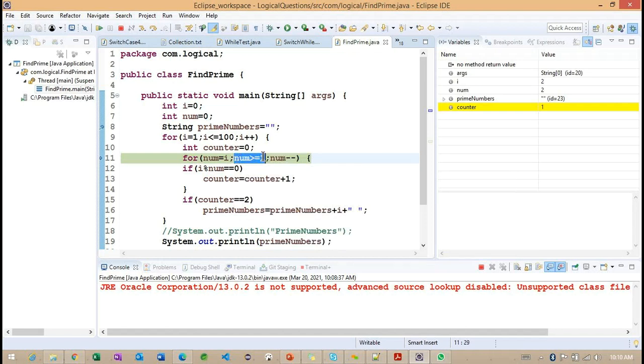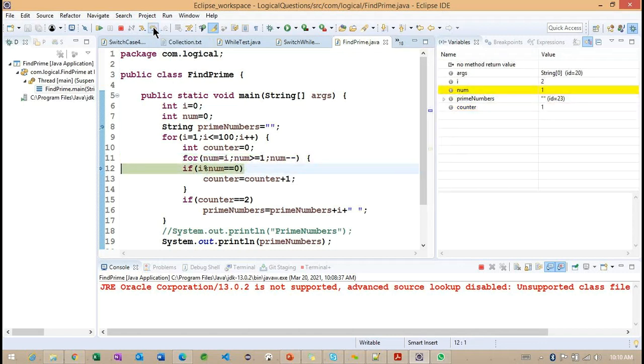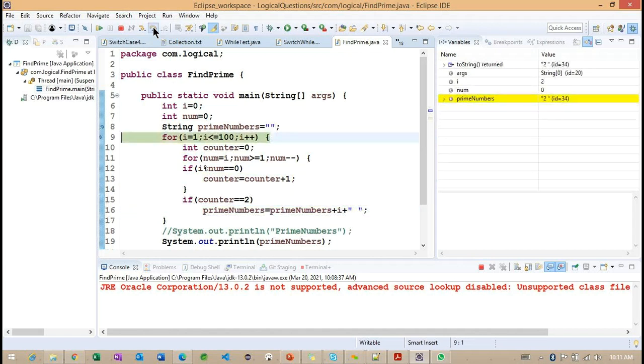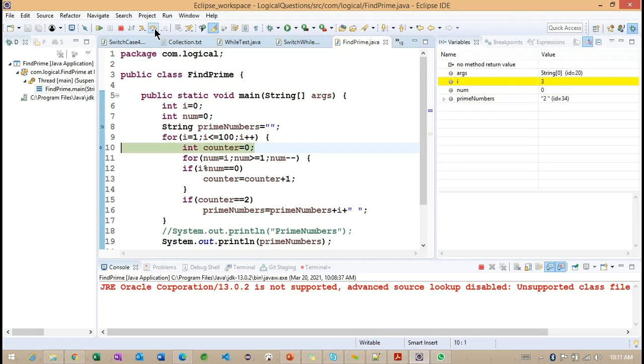So this condition is going to satisfy or not, because the number value is greater compared to this particular one. So the number we are having is 2. So one more time this loop is going to repeat here. Observe, this time also we are going to get the same, but this time the counter is increasing to 2. Observe, the counter is 2. We are adding to the prime numbers. What is the prime number here? That is 2. Inside this prime number list we added the number 2. Okay, we are going for one more time.